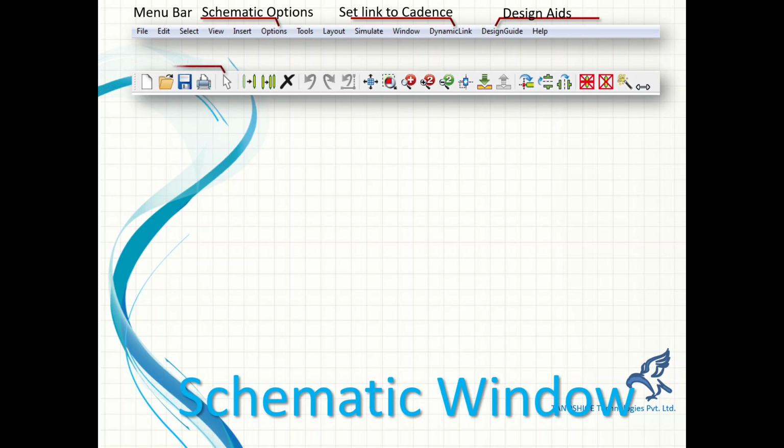Then there is going to be a toolbar here in which there are different commonly used buttons. One thing you have to understand is that once you initiate a command in ADS by clicking on any button or a menu option, then that is going to repeat. For example, if you place a component, you can place multiple copies by just continuing to click onto the schematic